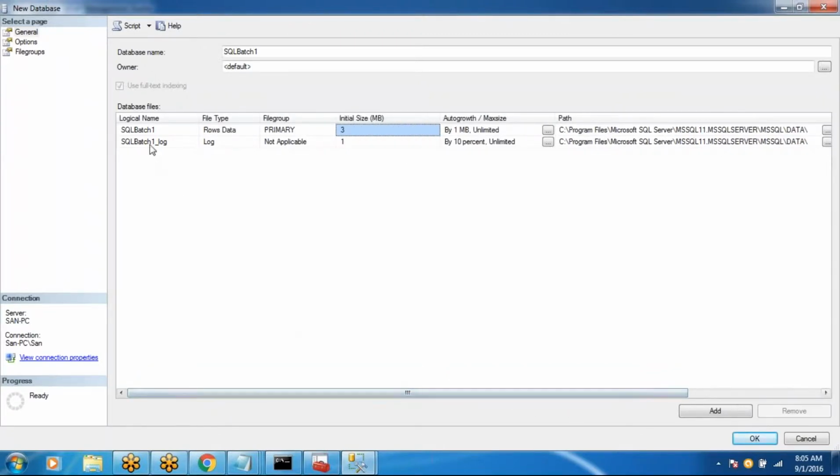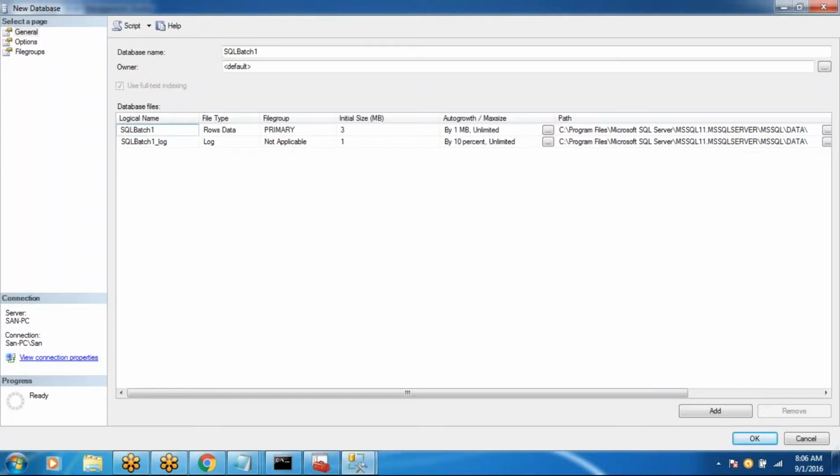Whenever you create a database, right, there you will be seeing two files. One is the .mdf file and another one is the .ldf file. Why are the mdf file and ldf file required if you create any database? MDF means your actual data file, the primary data file of your database system, and the LDF file holds all the transactional logs, which will be stored inside the log file.